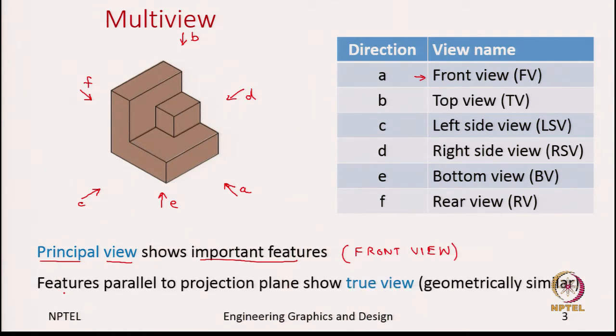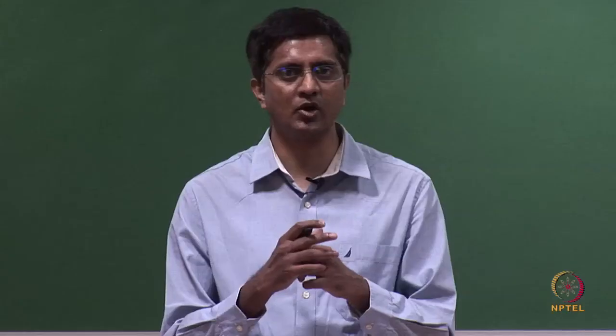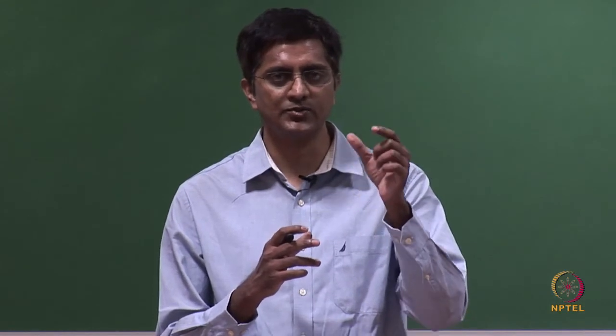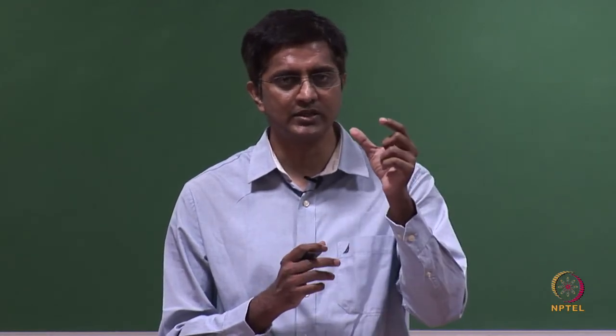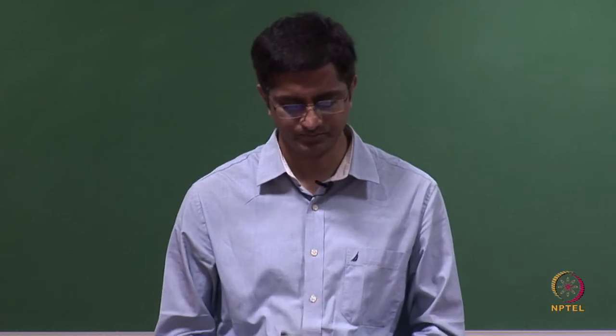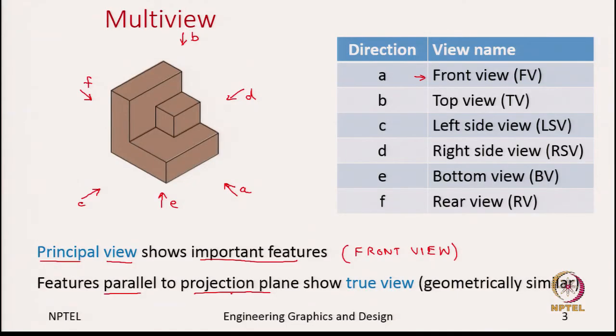And I think this is what we have already mentioned, saying that features that are parallel to the projection plane will show their true geometry. So, previously we have seen that depending on the orientation of the object, if any edge is parallel to the projection plane, especially in these orthographic projections, the same length is captured on the view. So, essentially we said there are 6 proper views, and now the question is, how do we capture these views? One way to capture these views is to think about something called a glass box.